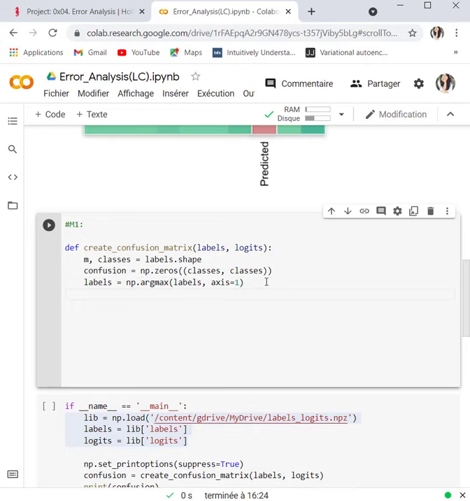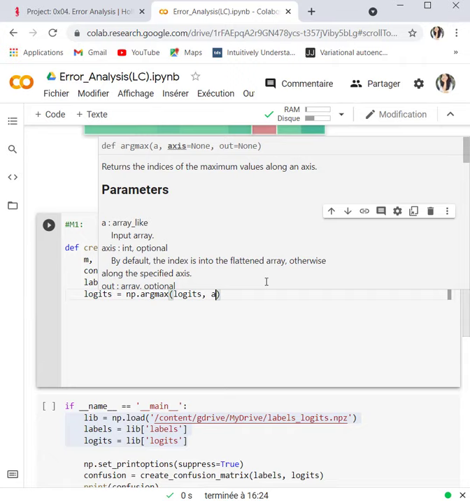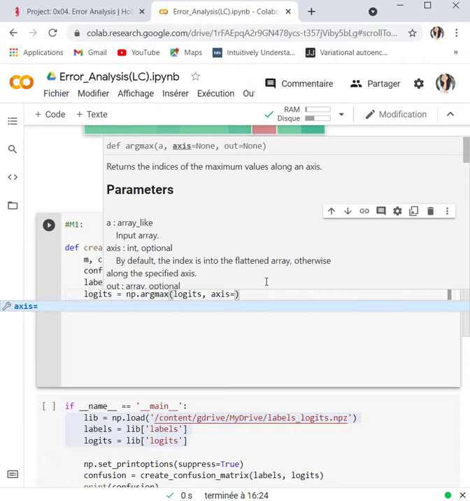Now we are going to do the same thing for the logits. So logits is going to be numpy.argmax of the logits, and the axis will be equal to 1.